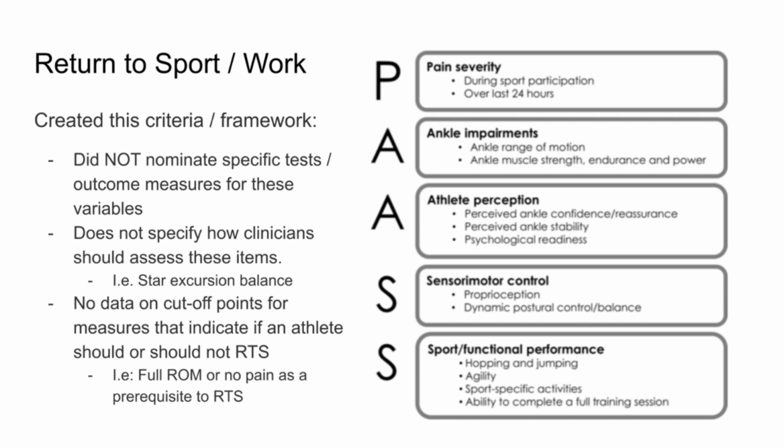There's no data on cutoff points for measures that indicate if an athlete should or should not return to sport. So largely, they weren't looking at research showing that if your ankle range of motion is not full, right, then you shouldn't return back to sport because you're more likely to get hurt compared to someone who regains their full range of motion. That evidence doesn't exist. We're just trying to come up with some sort of framework to help our athletes out. And this is our best guess so far, how to evaluate these athletes to figure out if they're ready to